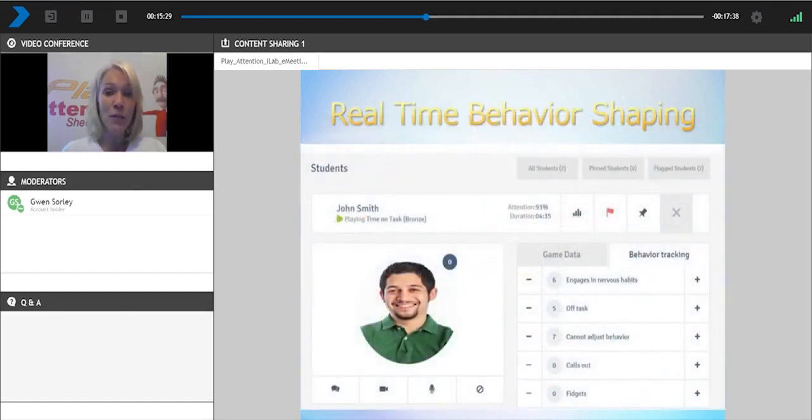I can also turn on the behavior shaping program. Now, for those of you who are currently using Play Attention, or perhaps you've been looking into Play Attention, you know that not only do we incorporate that real-time feedback with specific cognitive skills, but we also incorporate behavior shaping, where we're going to be tracking those self-distracting behaviors like fidgeting or nail biting or chewing on their shirts. We're going to be tracking all of that behavior data,